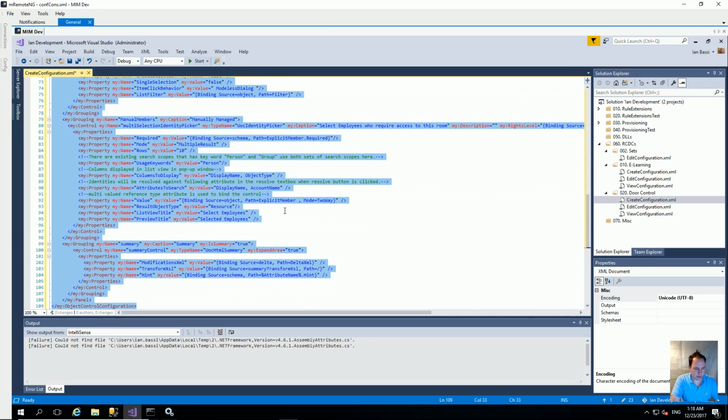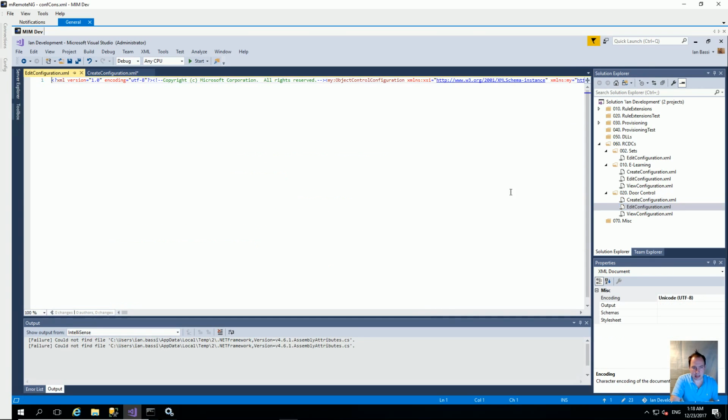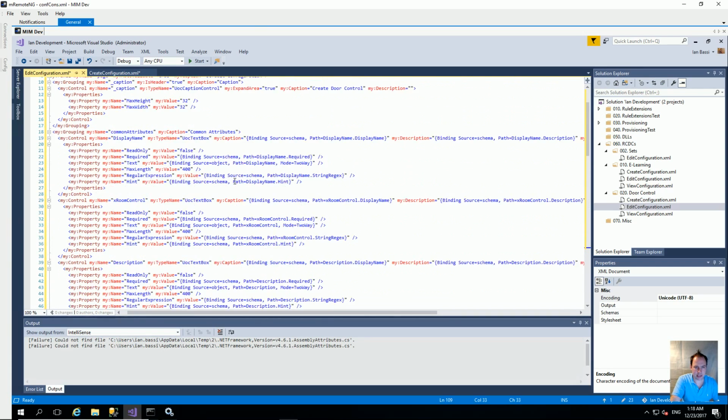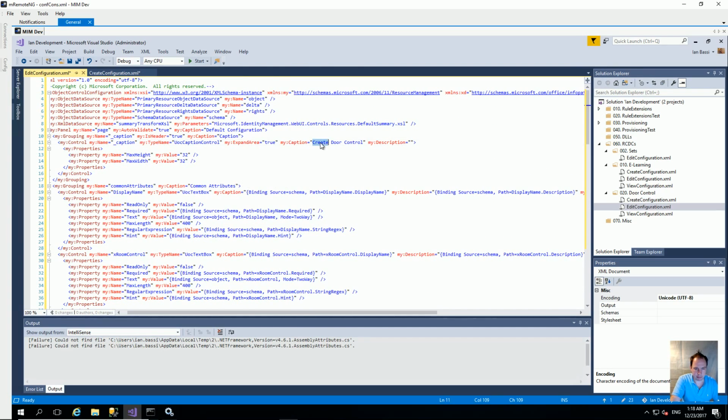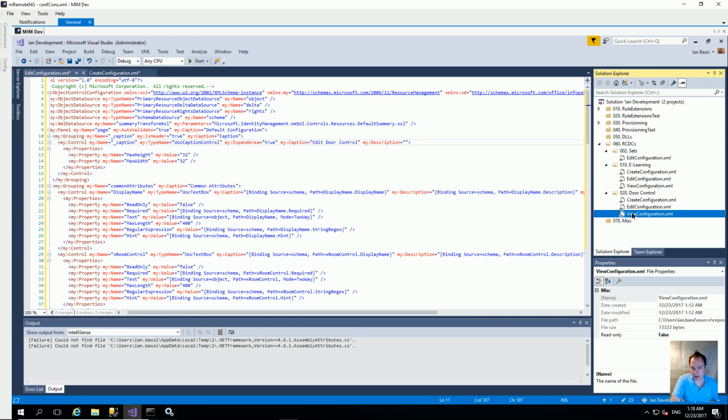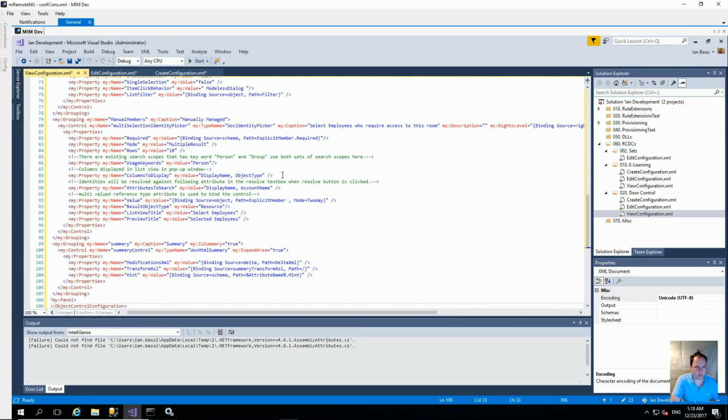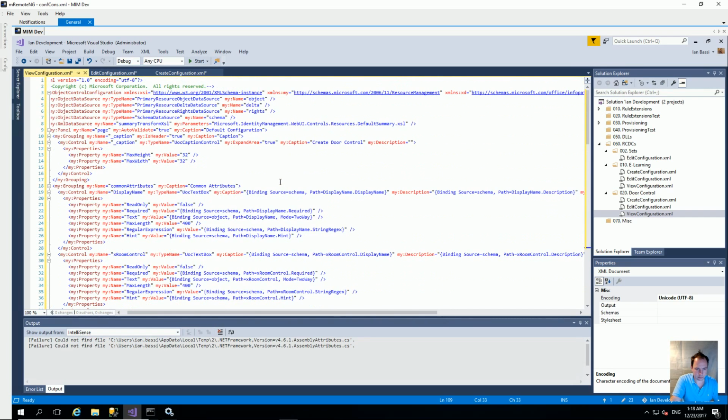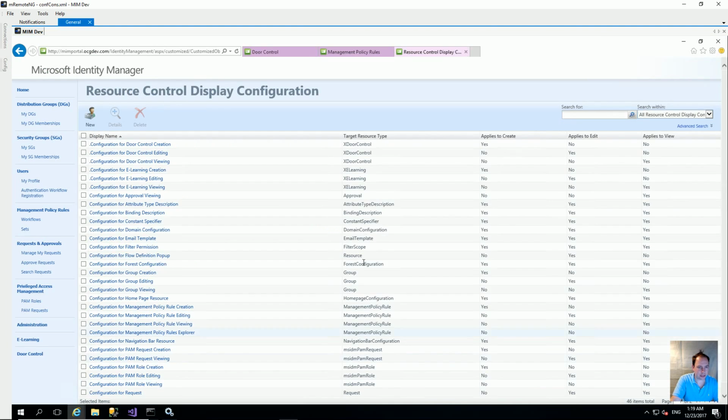What we're going to do is copy and paste this and overwrite the edit one, remembering to update the title for the edit one to edit, and we're going to do the same for the view one. So we're now going to save all of these, and we'll go back to the portal and go back to our resource